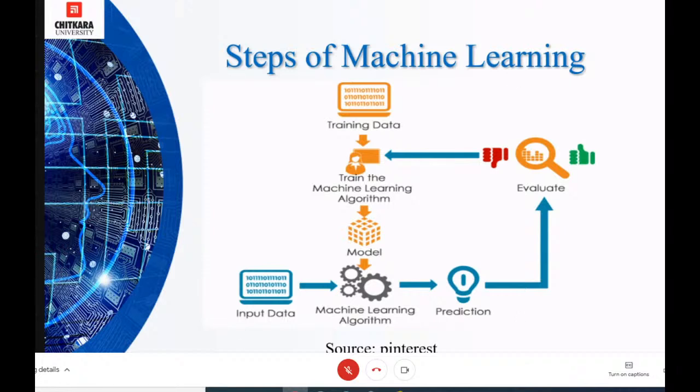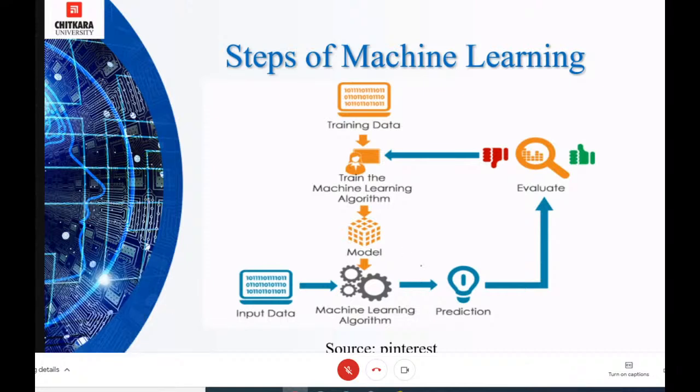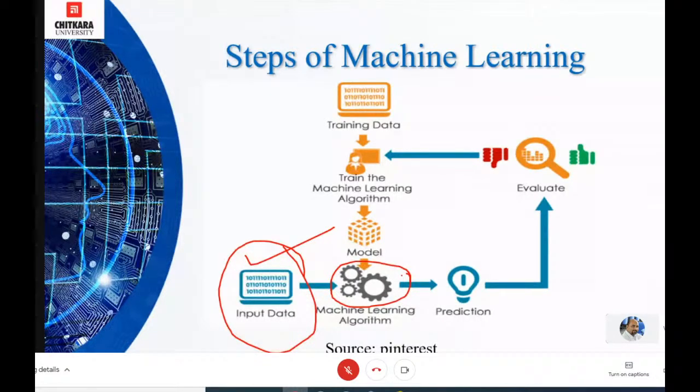If you visualize this picture, you first input the data, then apply machine learning algorithms. Based on that, testing and validation are performed, prediction is made, and you evaluate the accuracy of the trained model.